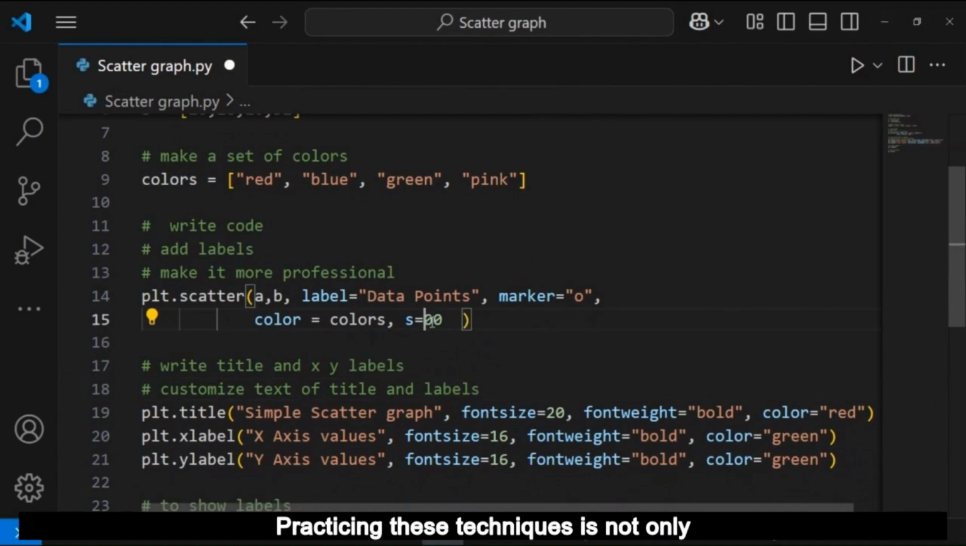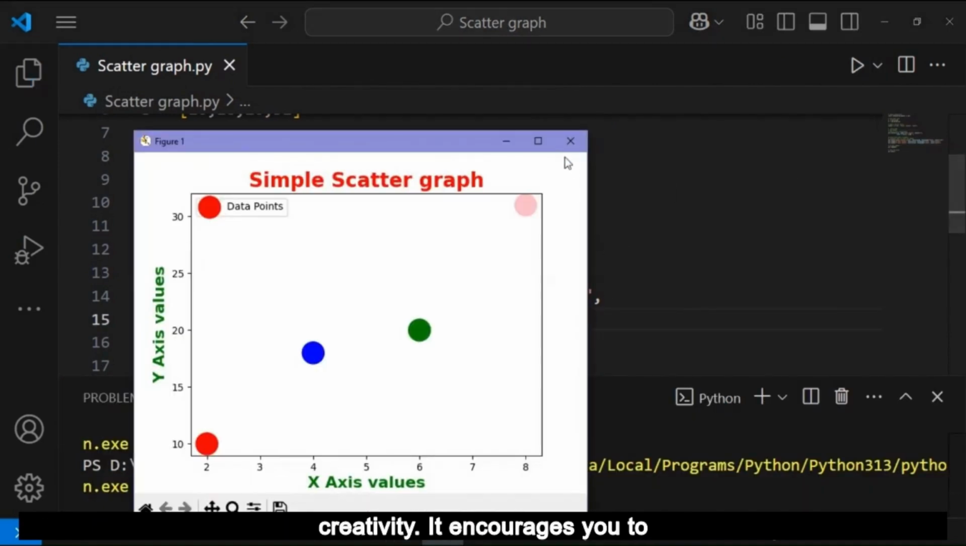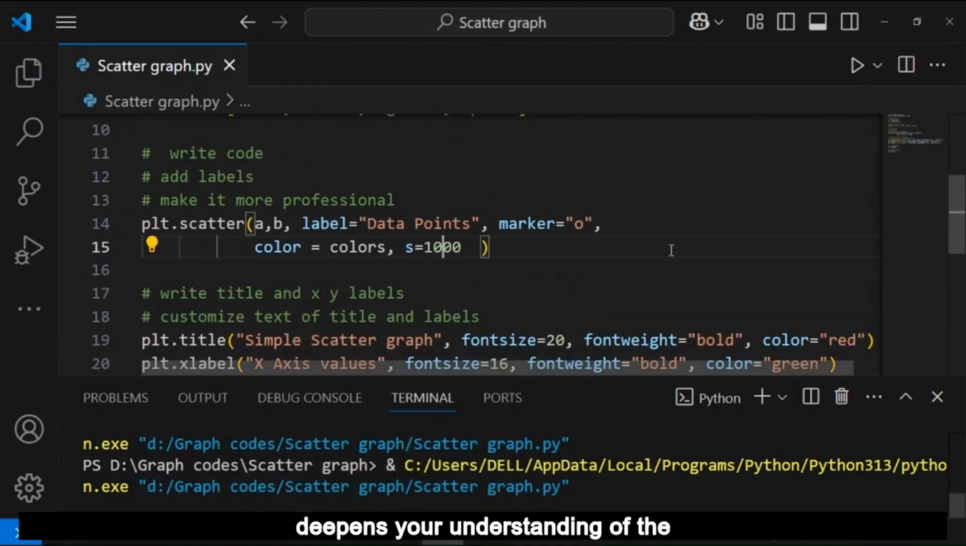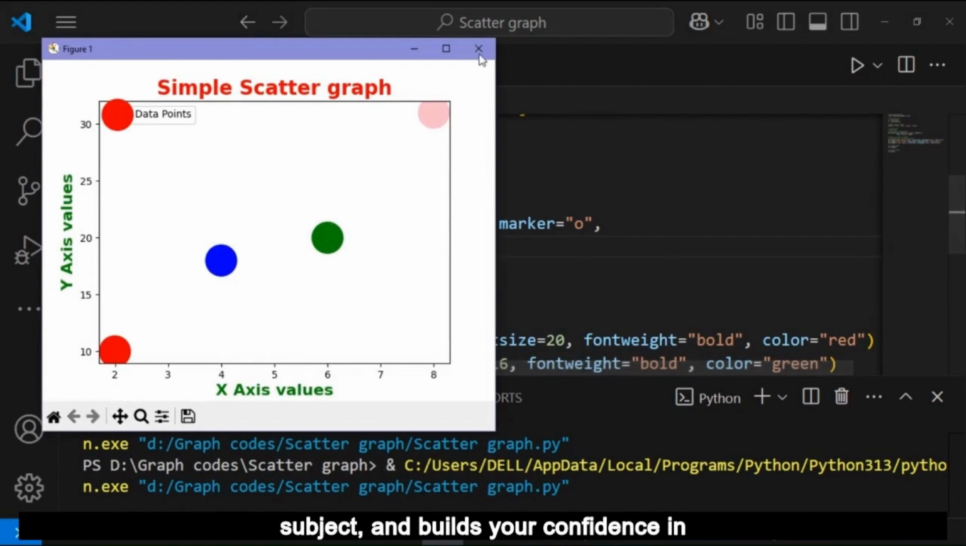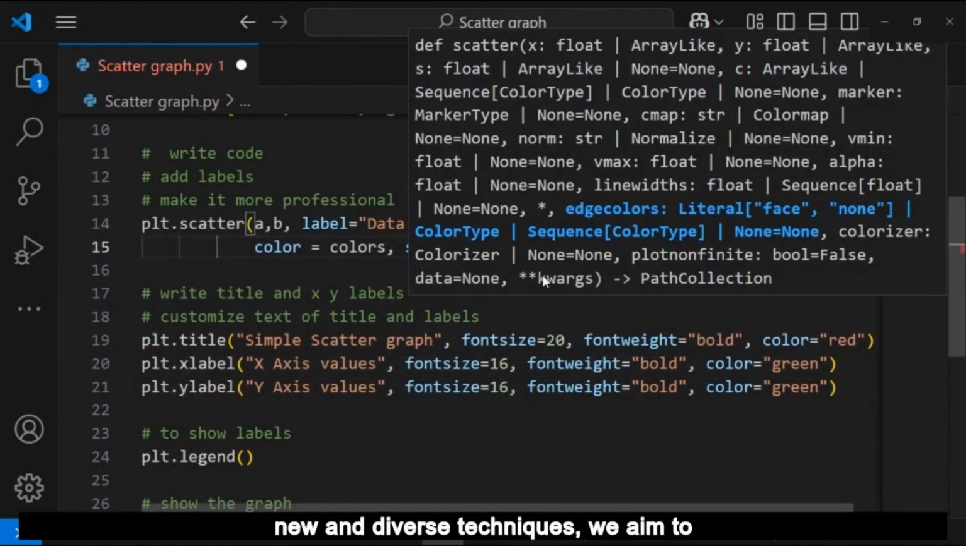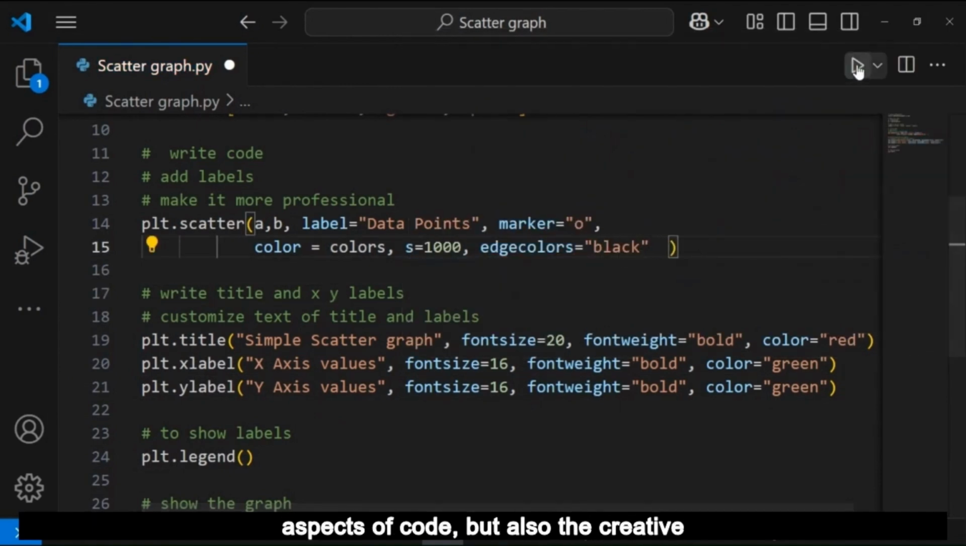Practicing these techniques is not only an excellent way to learn and improve creativity, it encourages you to experiment with different approaches, deepens your understanding of the subject, and builds your confidence in applying the concepts. By incorporating new and diverse techniques, we aim to teach you not only about the technical aspects of code, but